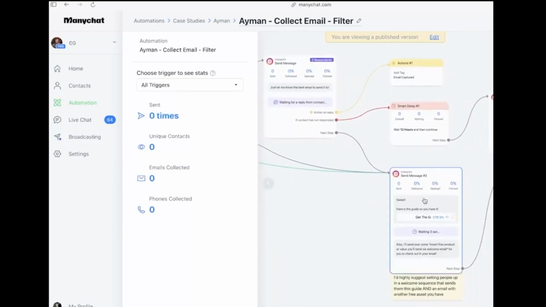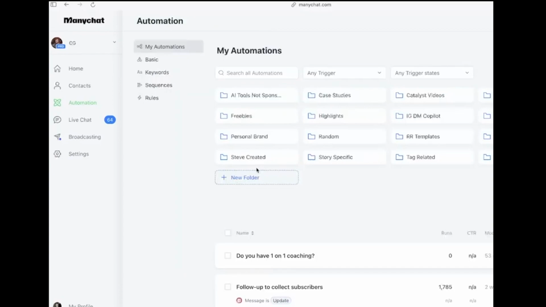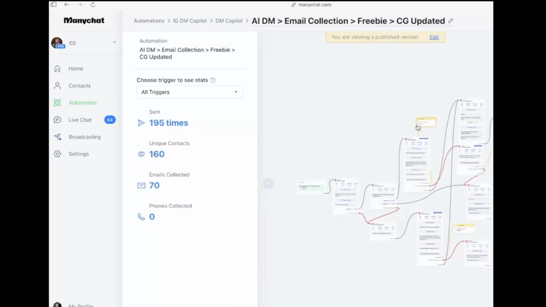Once they give it to us, you can see we send them to the same message that they would get if they had already given us their email. So it's super easy to set up. This way, you're not bugging people for their email every single time they come into your flows, because odds are if they watch a lot of your content and you're using Manychat pretty consistently, you would be asking for their email 5, 10, 15 times over the course of a couple weeks. And that would become exhausting for somebody who's watching your content to always be having to give you their email